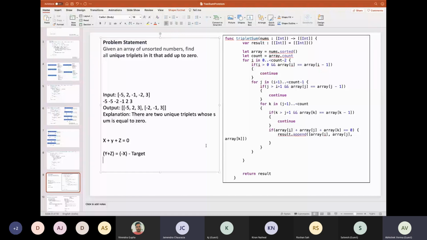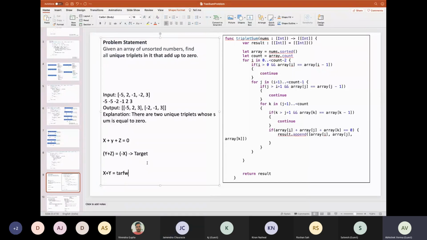Can you explain the last statement? x plus z equal to minus x minus target. No, not minus target. We are saying that minus x is now my target, and I have to find 2 numbers which sum to this target. In the two sum problem, we were saying x plus y is equal to target.